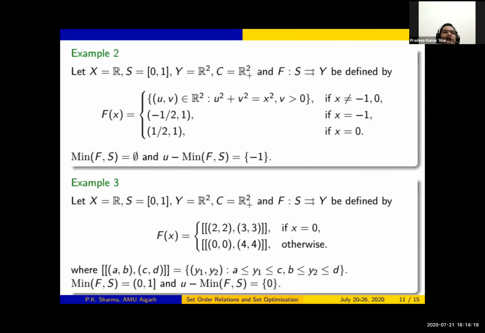Now consider two examples which show that the solution sets obtained by the vector approach and the set approach are different. If we consider